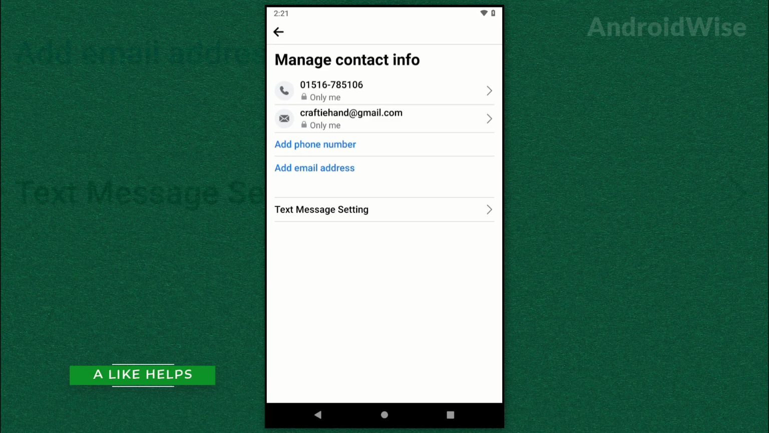And here is a handy tip. If you want to add contact info to your Facebook profile without disclosing the email address or phone number you use to sign up, you can add different ones here. Just tap add phone number or add email address, type in the new info, and Facebook will send a code to confirm. Once you enter the code, your new contact info will be